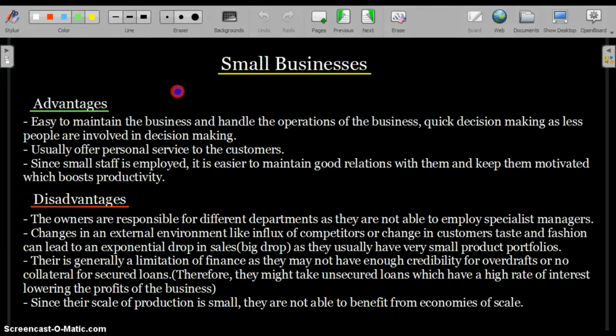Now, advantages of a small business. What are the advantages that you have when you are operating as a small business? Well, it is easy to maintain the business and handle the operations of the business. Quick decision making, as fewer people are involved in decision making. This one is quite obvious because your business is very small scale, so you don't have many employees that you have to instruct. You only have a few employees that you can instruct in one meeting,